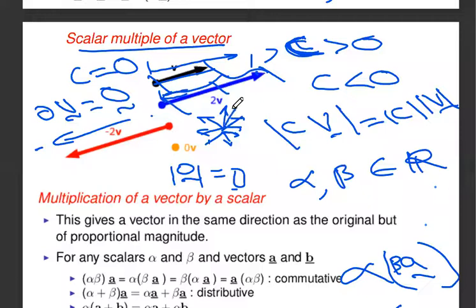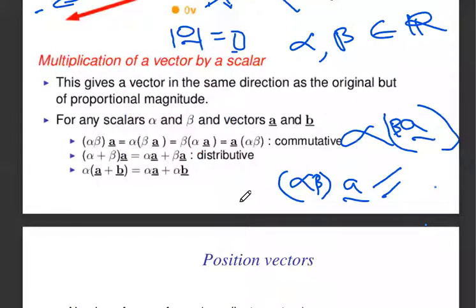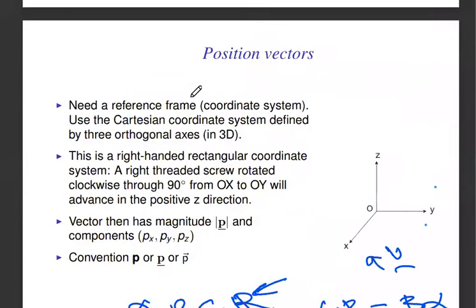It has many directions. The zero vector has infinitely many directions, I think. But the magnitude is 0. All right. So, multiplication of a vector by a scalar. We have discussed this one, and